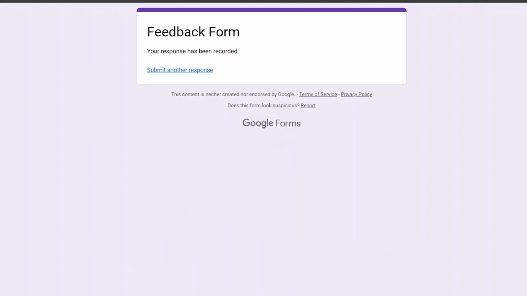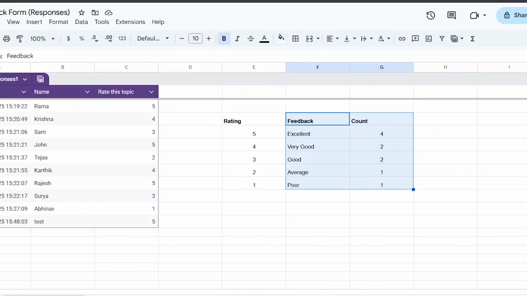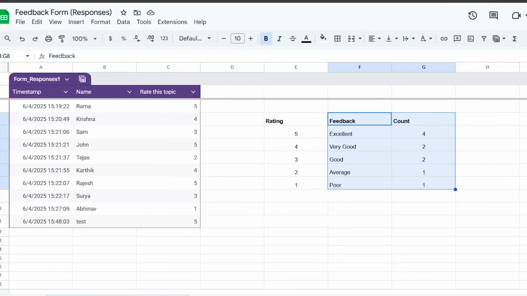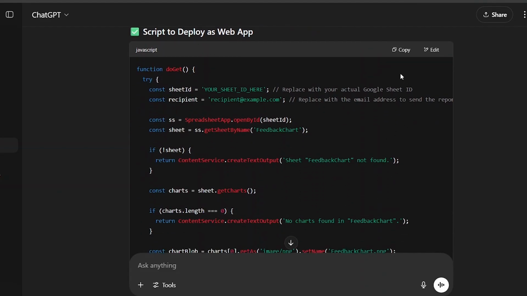Quick recap. Here's how it all comes together. Students fill out a Google Form. Responses are stored in a Google Sheet. A chart is created to visualize the ratings. A ChatGPT-generated script sends the chart via Gmail, no code. No stress, just smart tools